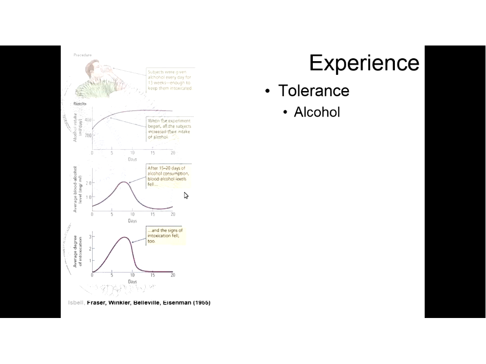I forget the exact page that this graph comes from, but the study was done by Isabel and others in 1955. They looked at how much alcohol they were consuming across 20 days. They were given as much alcohol as they would want a day for 13 weeks, and then they monitored how much alcohol they consumed, and they looked at the blood alcohol level